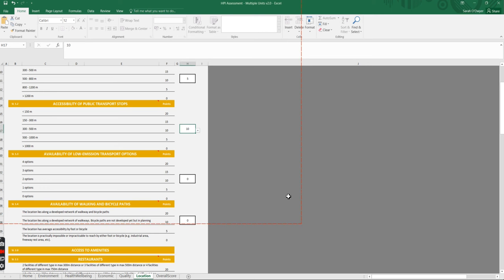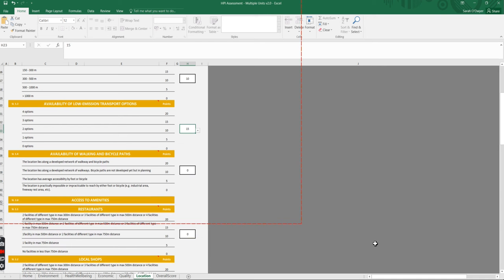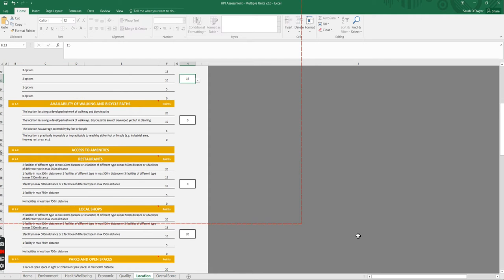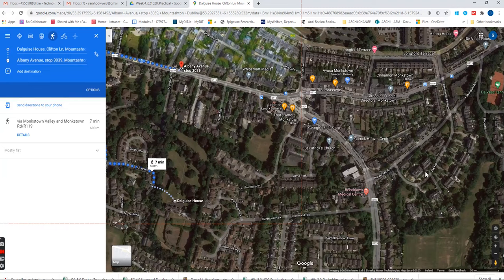The low E transport options, so that's the Luas, the DART, or looking for E charging points, depending how many of those options we have. We know we've definitely got 2 there anyway, which would be 10, but let's say we have 3 with an E charging point nearby. Availability of walking and cycle paths. Again, you'll probably know your own site, but